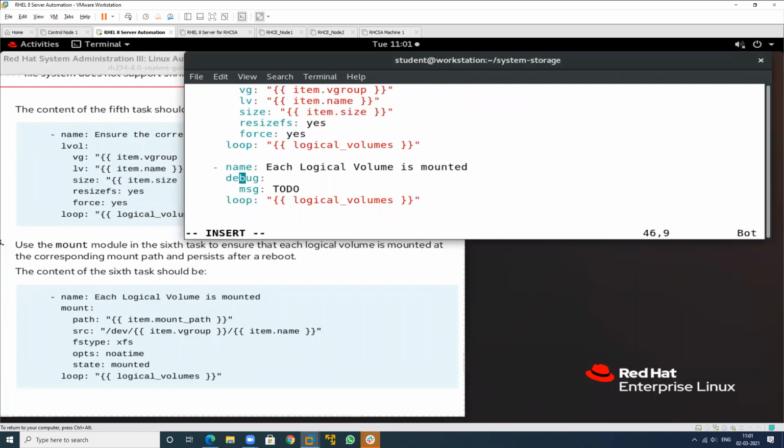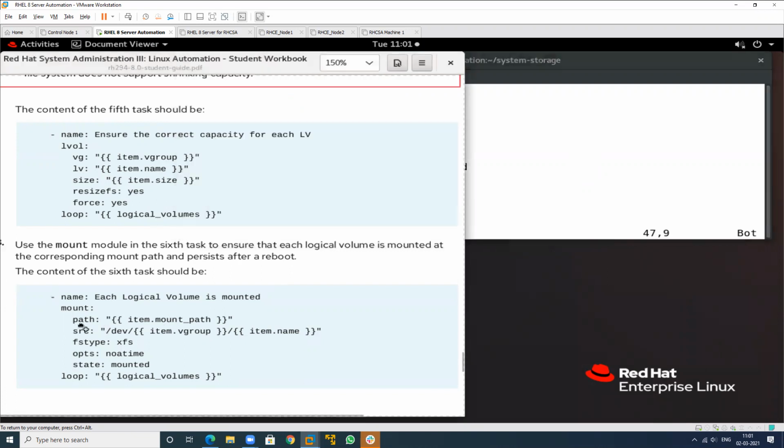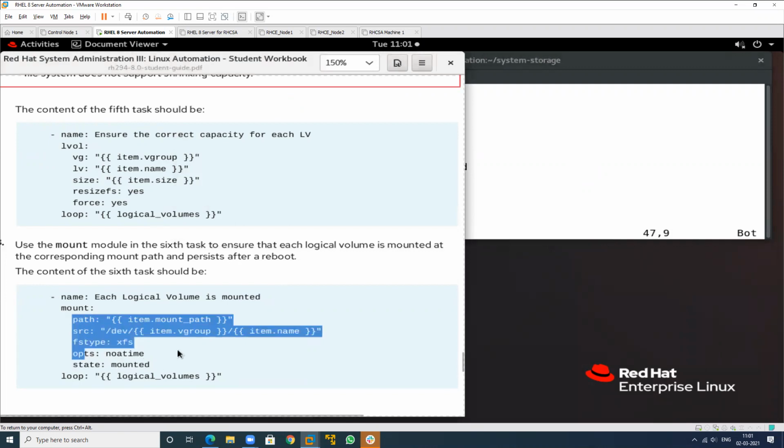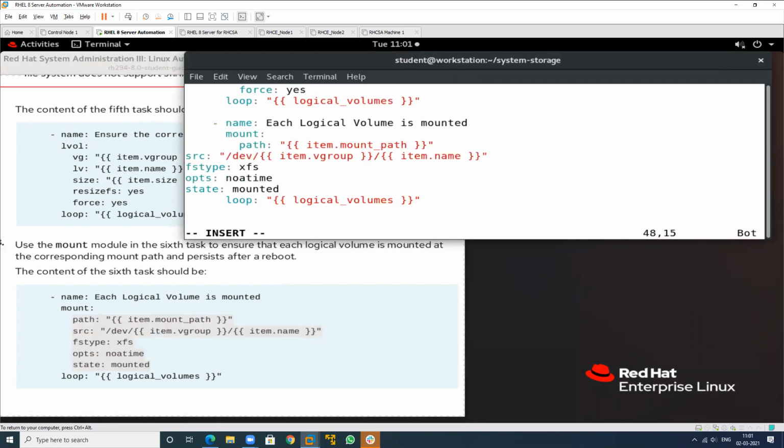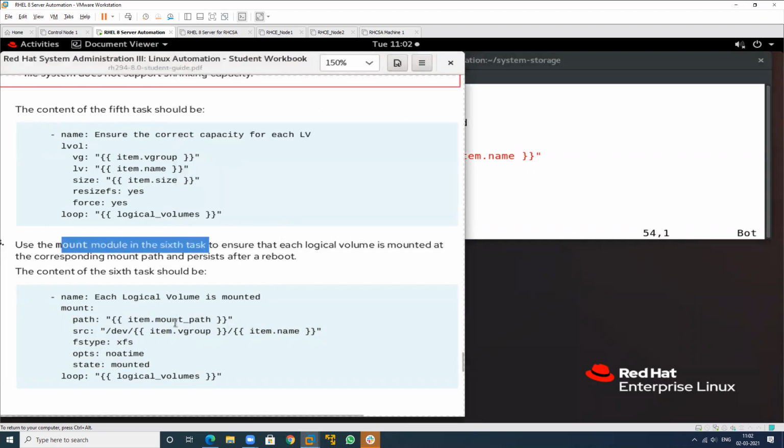So this is my mount, and in this use these values: the path, my source, the file system type, optional, and the state. So these six tasks have been completed.